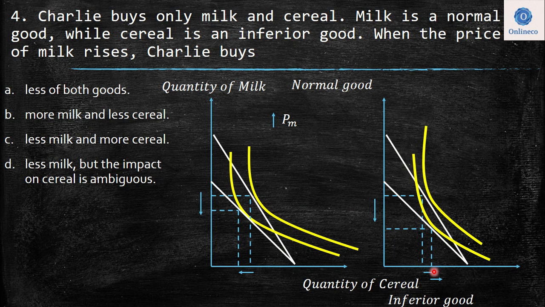So depending on which movement is higher, the income effect or the substitution effect, at the end of the day we can learn what the change in the other good is. In this one it is ambiguous, because the cereal consumption will decrease or increase depending on the shape of the